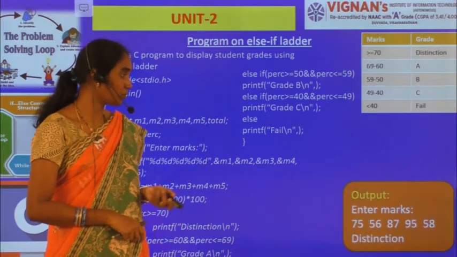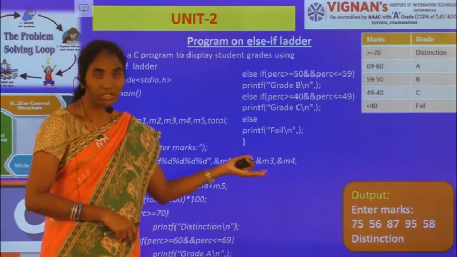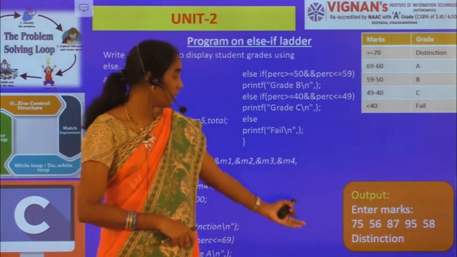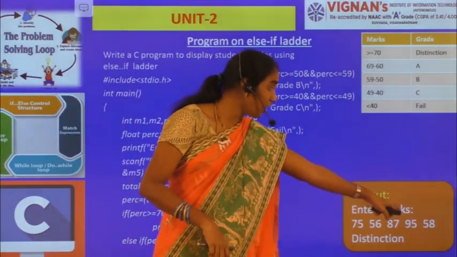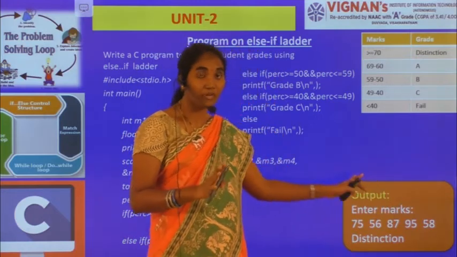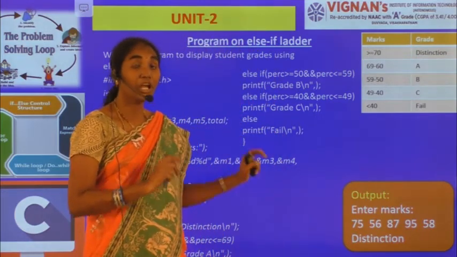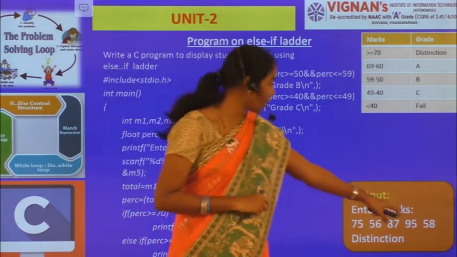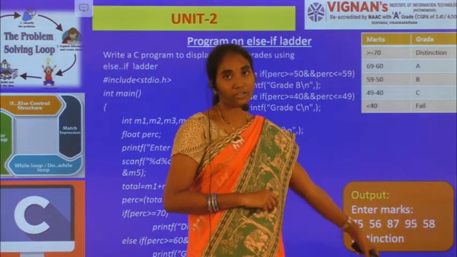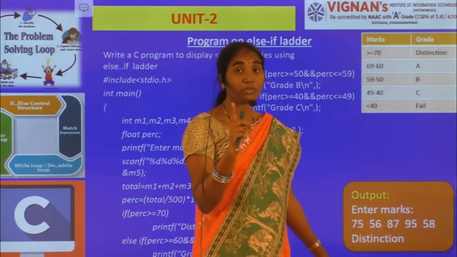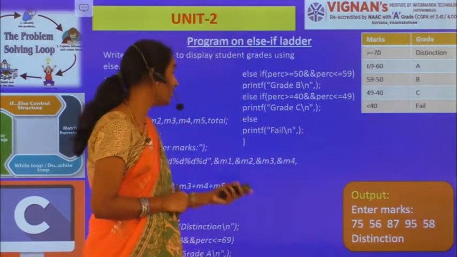Now this is a sample output I'm showing you. Here enter marks, so here I had given all the marks. So here I'm getting a message called distinction, and please remember here distinction is given not by checking individual marks. Here I'm checking the percentage of the student, because here madam, you might ask me like 58 is a subject mark, how can you give the distinction? Here the distinction I'm giving with the help of percentage, please remember, right?